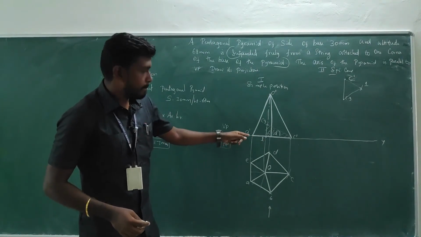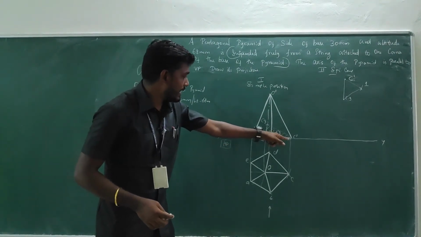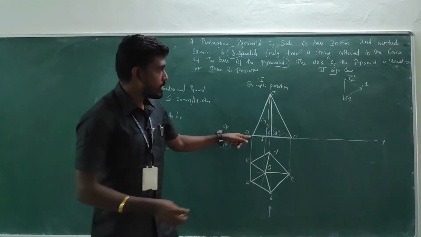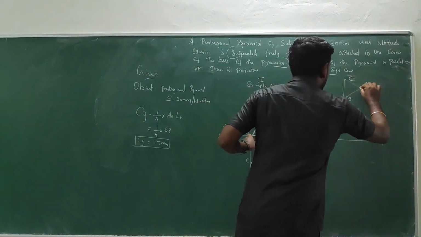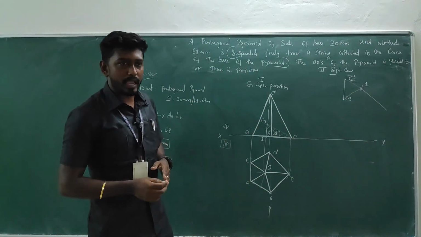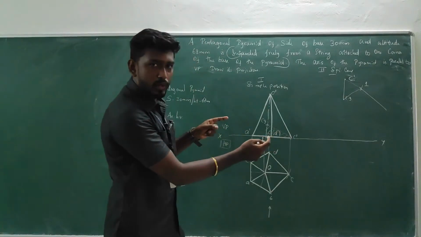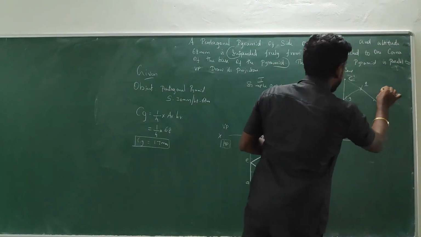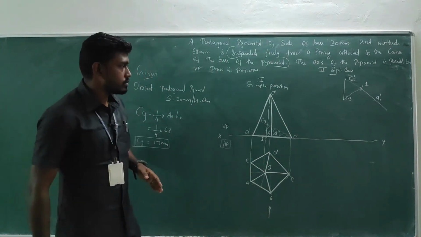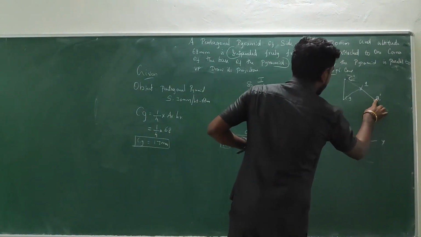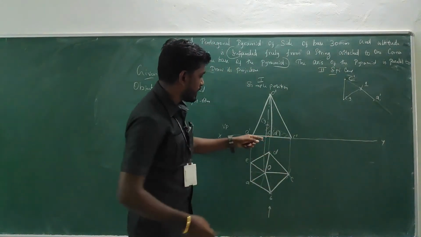Where is A? This is just in the extension of line C to 1. Am I right? So from C to 1, I am going to take the extension line with the same inclination. Okay, and take the measurement C to A. Just go for a cut mark so that you will identify A1 dash. Okay, what is next? The baseline has been identified.